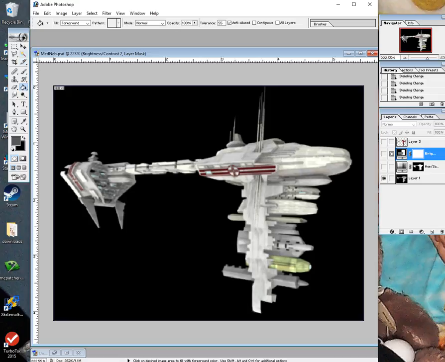So we're going to start off by making our selection, and since this is a bright white ship on a black background, that shouldn't be hard to do. I'm going to use the magic wand tool, which selects by color. Most of the other selection devices, the marquee tools and the lasso tools, select by the location of the pixels. The magic wand tool is going to select every pixel of a black color, or close to it. The tolerance setting,